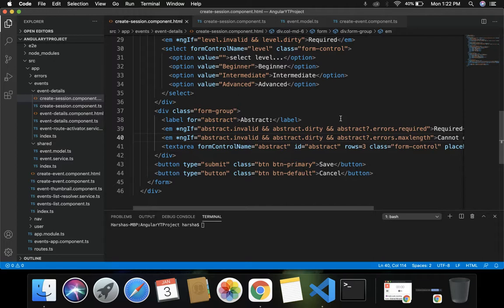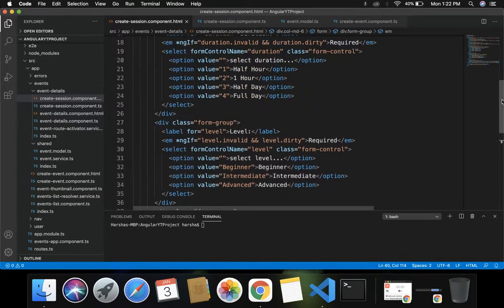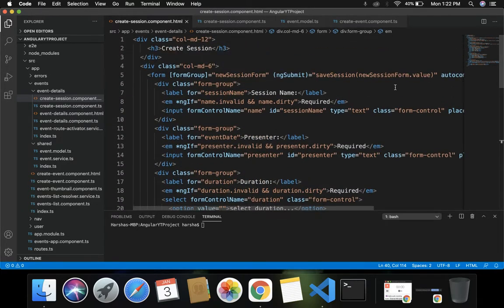Next step is, for each of these error messages we wish to display some styling, right? We wish to display in red color to the right of that field. These are the styles we want to apply now. So to apply the field styles, first let's introduce ngClass. Let's add classes for styling. So for session name, as part of this the class equals form-group. Here we can add ngClass, this is equals to